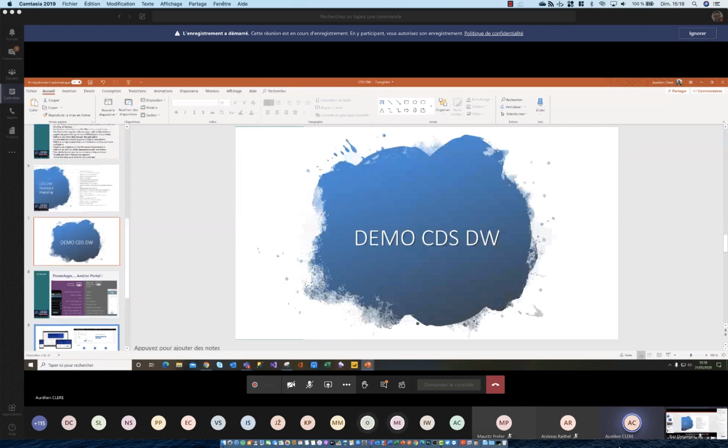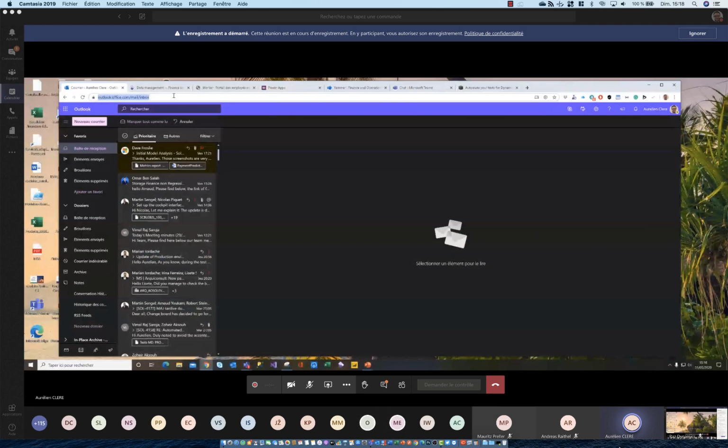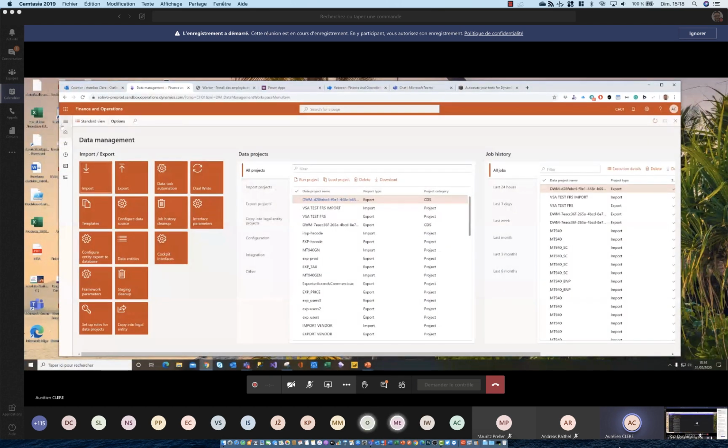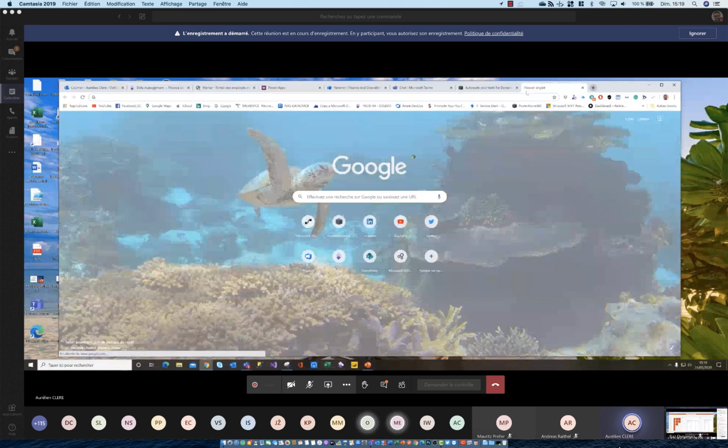So now, a little demonstration on CDS. So how it works. Okay, I have to go there. So with CDS dual write, you have two things. I just closed it with my previous session.